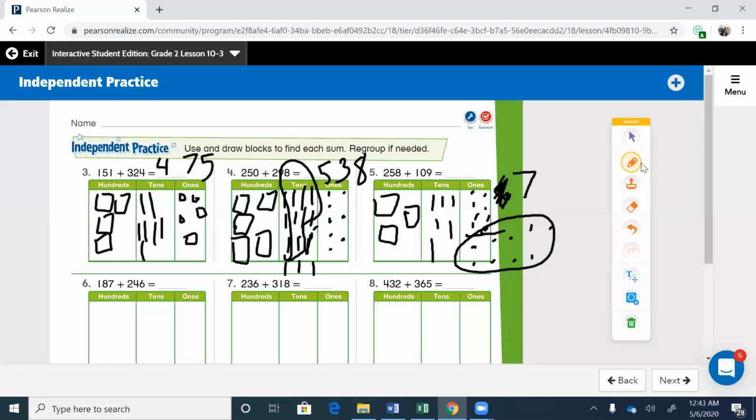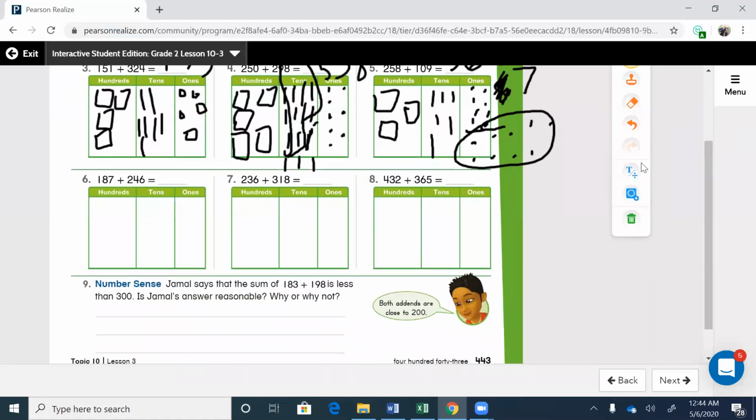Hundreds, 1, 2, 3. Tens, 1, 2, 3, 4, 5, 6. And the ones is 7. 367. All right, next one,